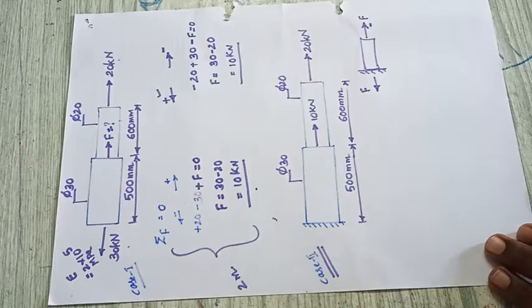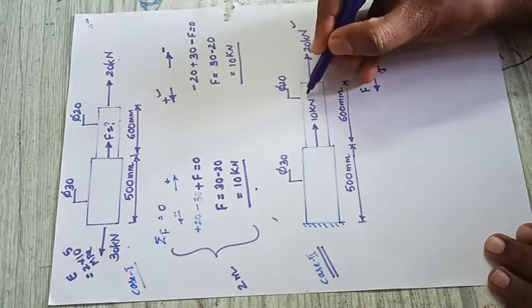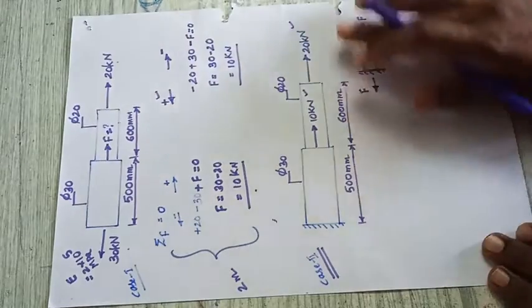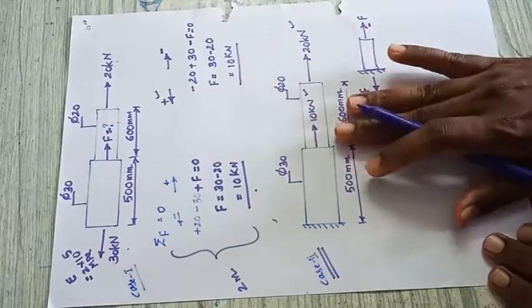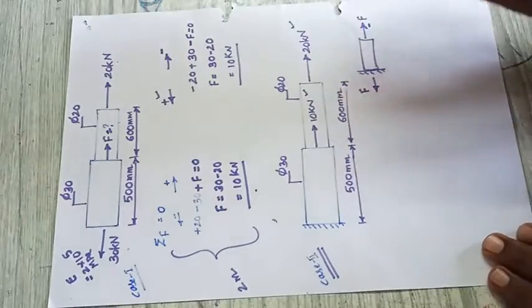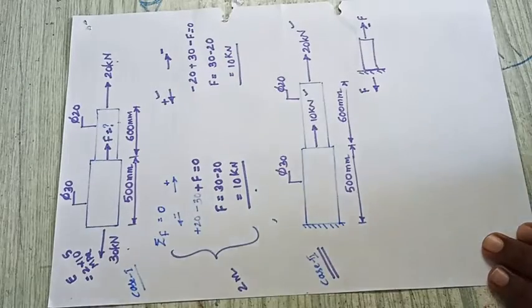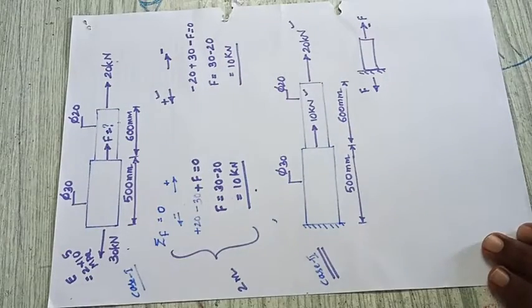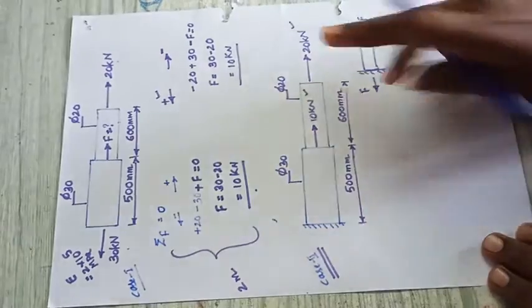It basically depends on the direction of the applied forces, 20 as well as 10. If I make a summation of these, these two are acting away from the cross section. I am thinking that it is acting on the right side. If I take the summation, it is 30 kilonewton. So the maximum applied load at one end is 30 kilonewton. The same force will be acting in the opposite direction. Just check the direction, it is acting on the right side.